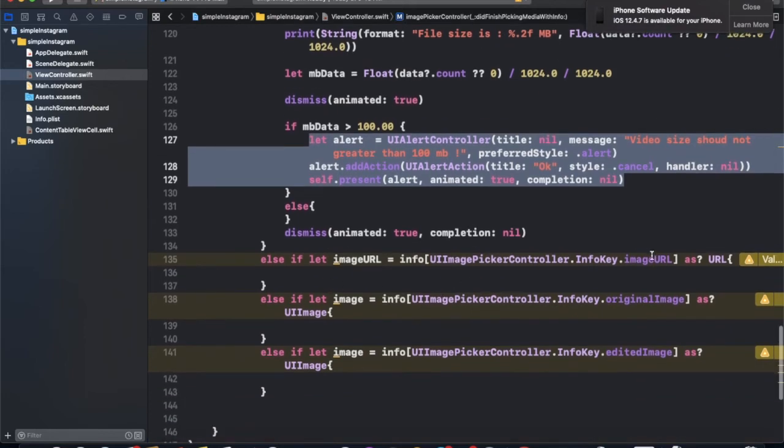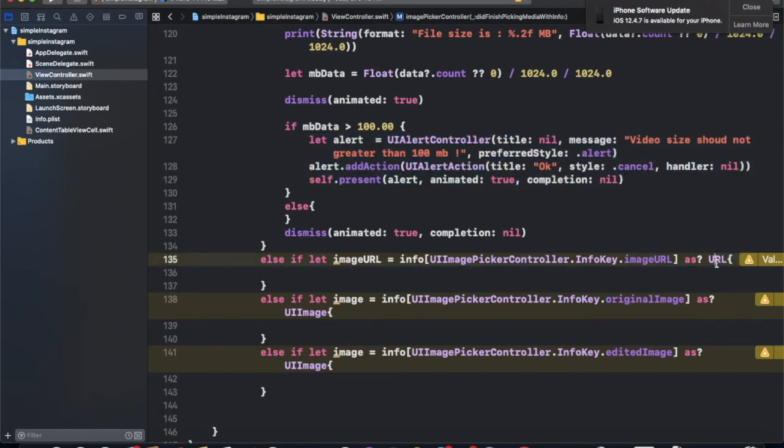Now another thing, if we select an image from the gallery, then it will show the image URL. So we use this URL and we can save that image. Another thing, if he captures an image and wants to use the original image, we get that original image from the picker controller's info dictionary.